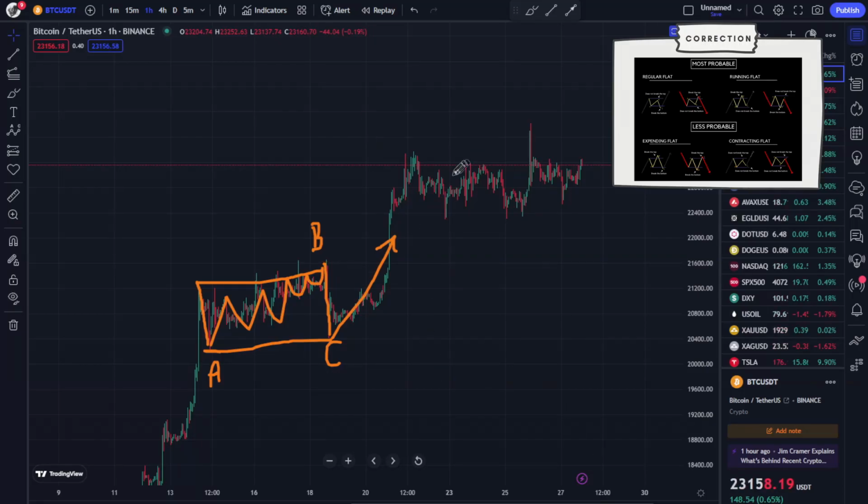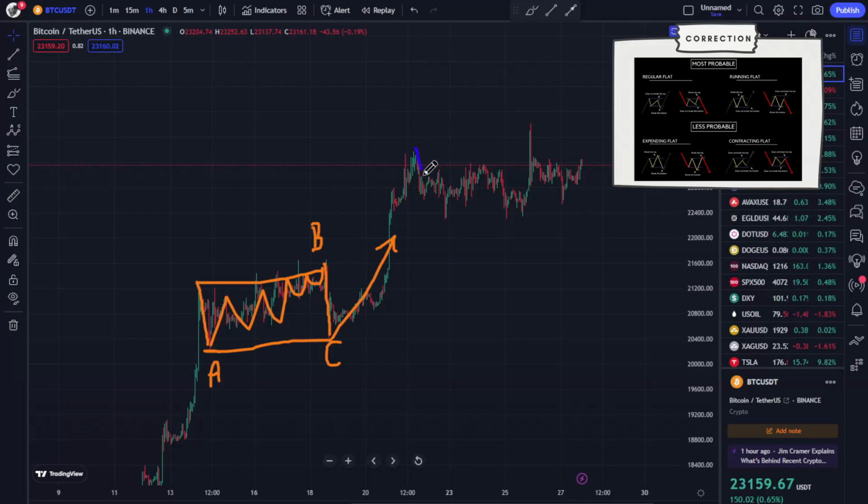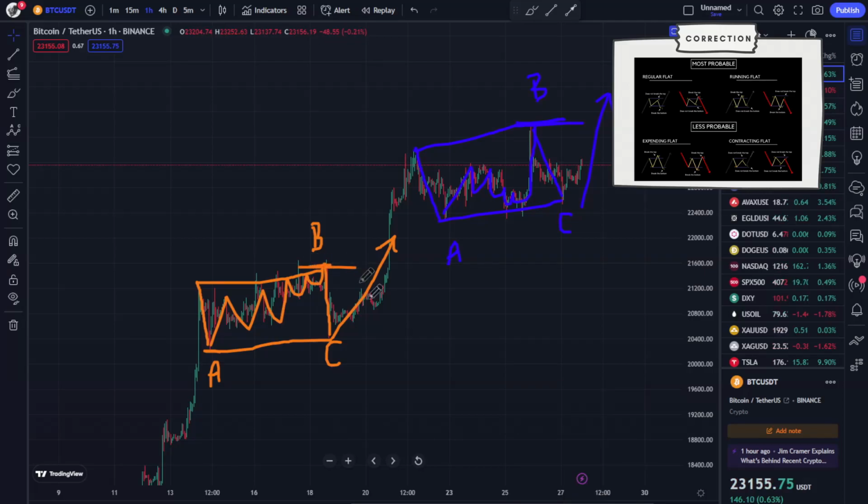And this one is exactly the same thing. So let me just change color and you'll find out about it. So right there, retracement, which is the A move. All this is a correction, which is the B move, and this is the last impulse to complete this running flat. This should be something like this, and this should come and retest the top again. So the target is right there, and let me just put back the orange color to let you know that the target for this one was right there. So you see